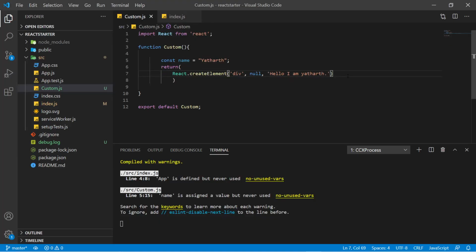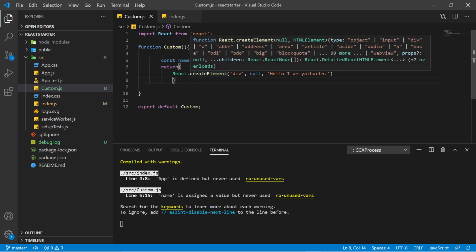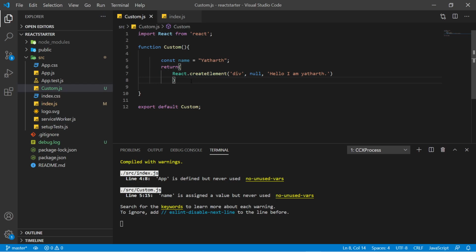Yeah, now if you go back to your browser, as you can see, we are getting the same thing. Okay, so earlier we were using JSX syntax here, but now we are using this createElement function of React. So to avoid this, we use JSX in React, and you don't need to write this code anymore in React. And this JSX is converted to this particular code at runtime by Babel, which is one of the famous transpilers, and in Create React App it is already configured, so you don't need to worry about the conversion of this.